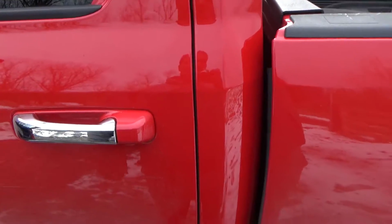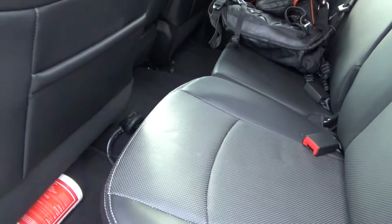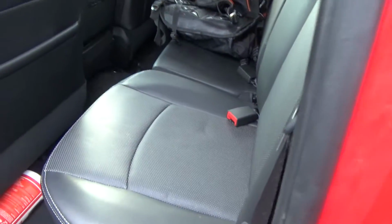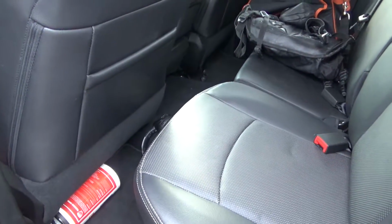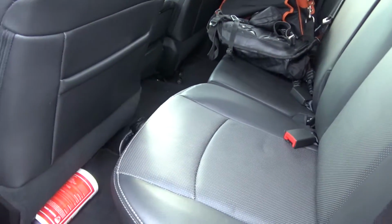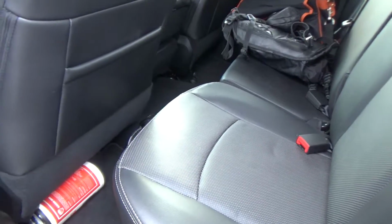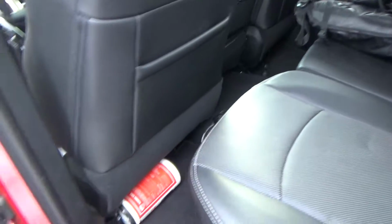Let's take a look at the back seat. All right, so this back seat is not big at all, just simply because this is not the crew cab. This is the quad cab, which is like an extended cab or a king cab of some other brands. So there's not a whole lot of back seat space. It is definitely big enough for somebody small to get in here, but I have the seat back where I sit. I'm 6'1" and over 300 pounds,